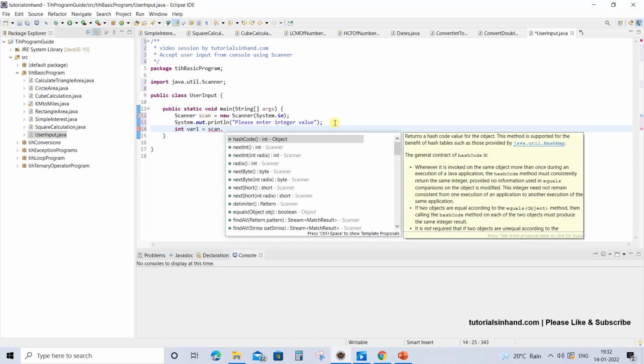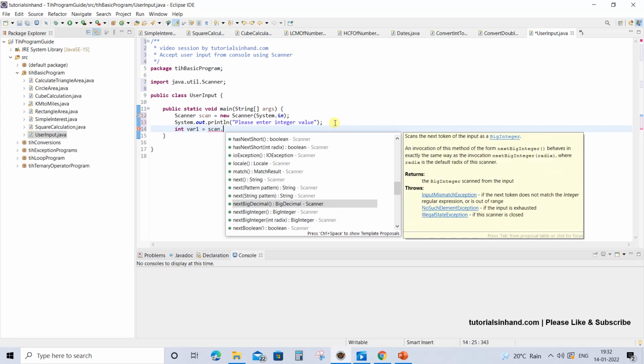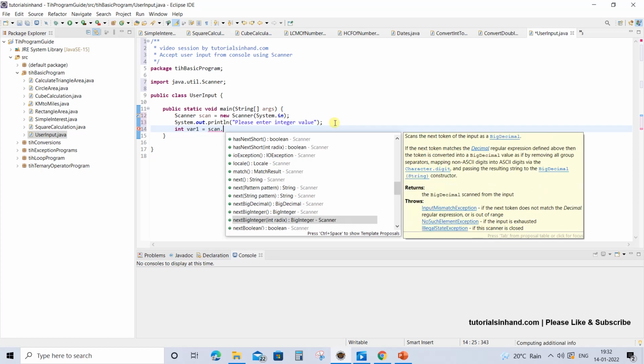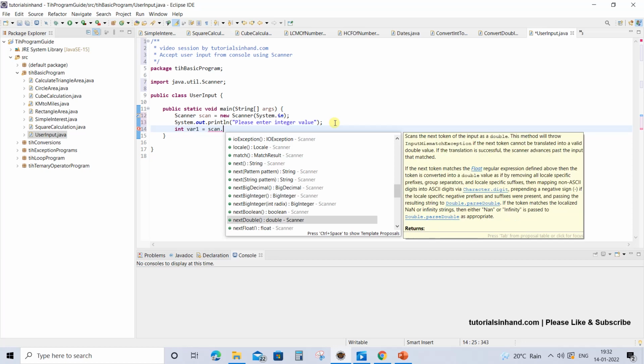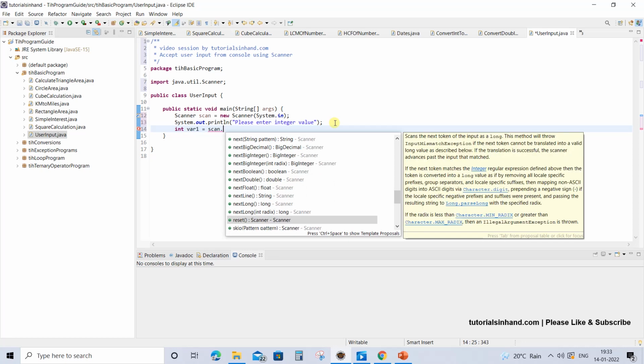Now you can see there are a lot of options in this Scanner object which you can use. You can take nextInt if you want the user to enter integer input. You can take nextByte if you want the user to enter byte data type. You can take nextShort, nextBigInteger, nextBigDecimal, and there are a lot of things which you can just scroll down and see, like nextBoolean, nextDouble, nextFloat, nextLine is for string, nextLong, and so on.